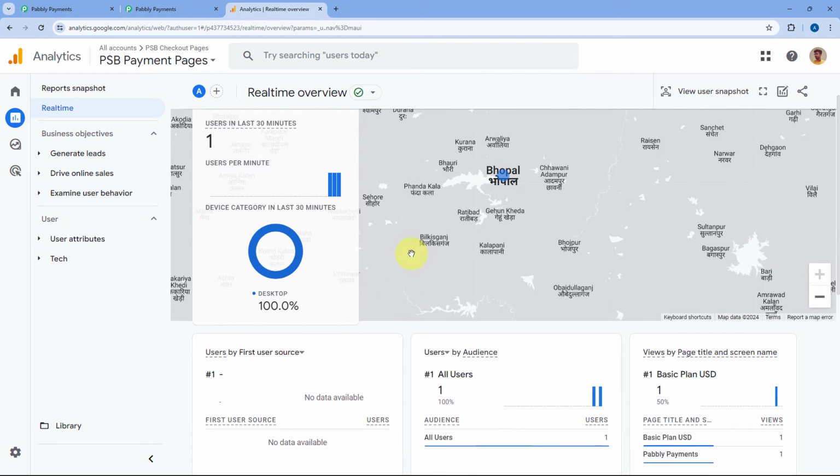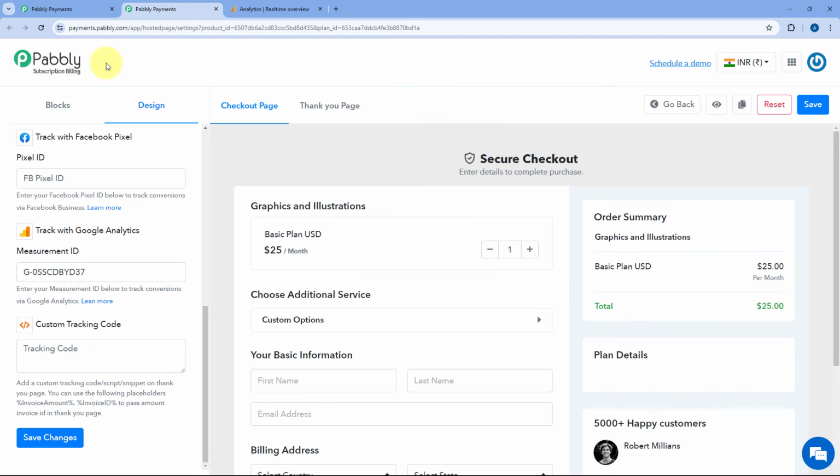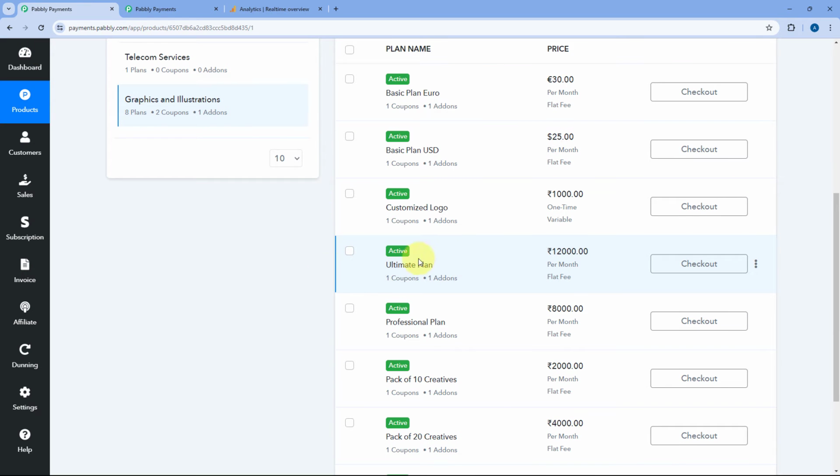In this way, you can see we have the details of 2 page views in our Google Analytics account. Now similarly, by following this same process, you can add this measurement ID from Google Analytics to the rest of your checkout pages as well. Let me show you. I have another checkout page for this ultimate plan. I'll just open the checkout customizer for this plan,